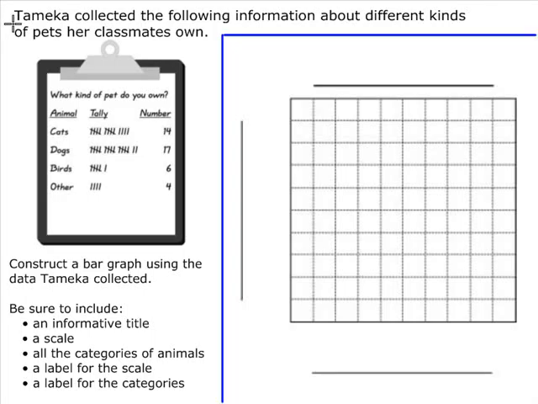So here the problem reads, Tamika collected the following information about different kinds of pets her classmates own. So here's her clipboard with the question, what kind of pet do you own? And then there are 3 columns, animal, tally, and number. And under animal we see cats, dogs, birds, and other listed. And then tally marks showing how many cats, dogs, birds, and other pets they own. And then the final column is a count of the number of tally marks to make it easy to create